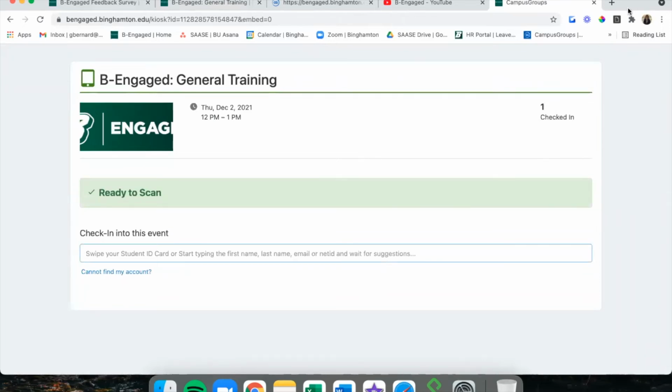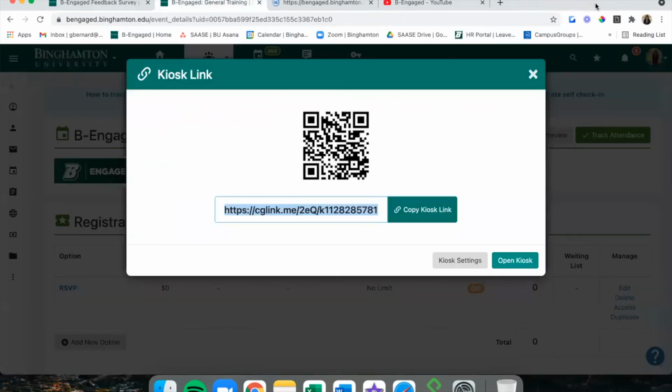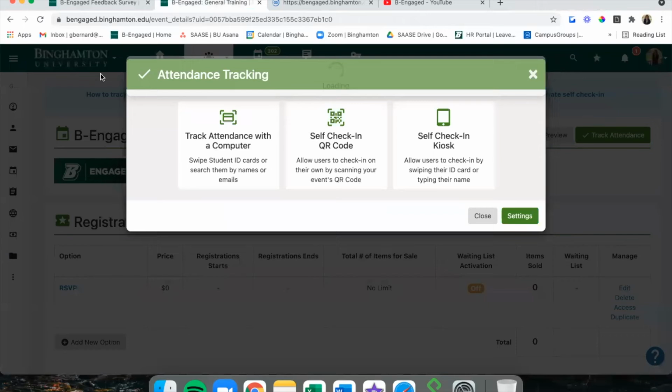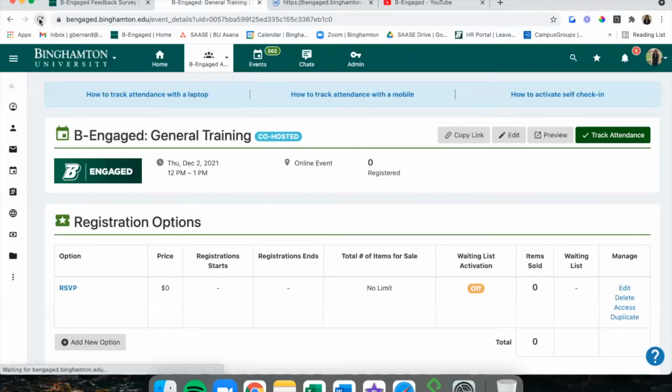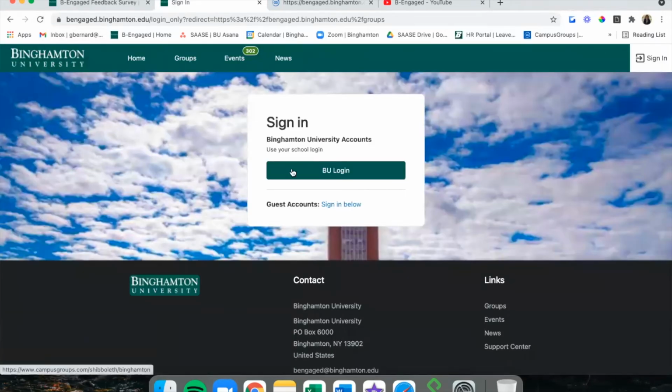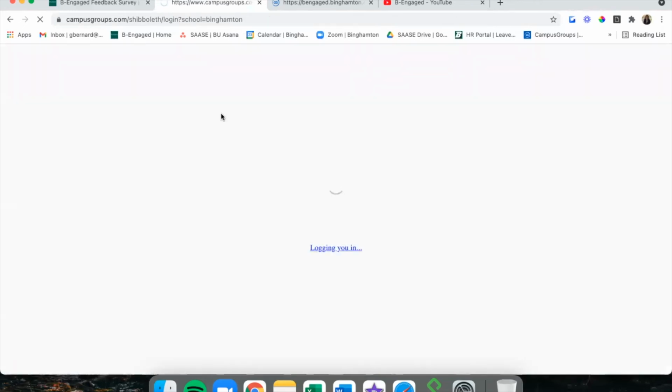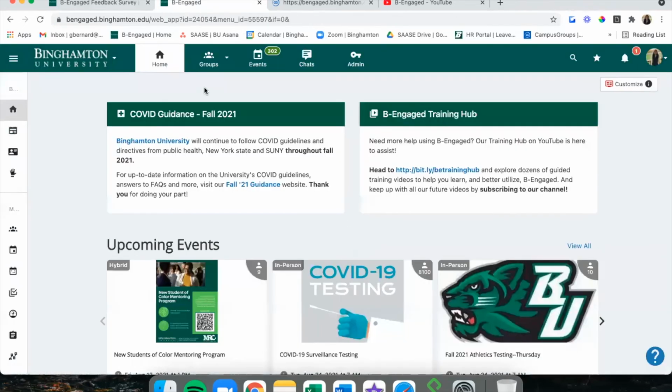On to number 3. We'll head back into Be Engaged. Sign back in, since anytime you open a kiosk in Be Engaged, you have to log back in, since technically you're logging out of the system.